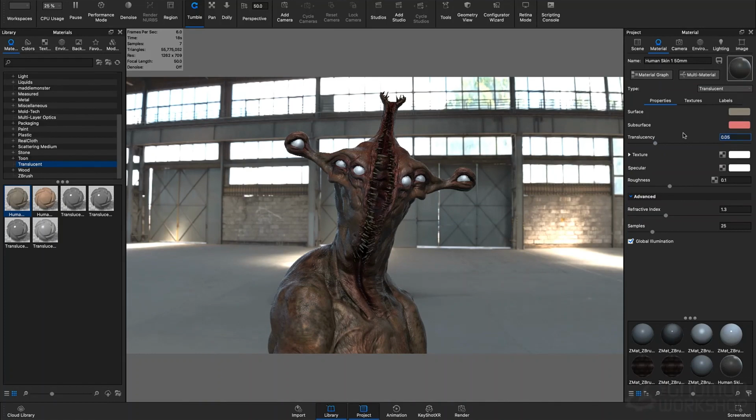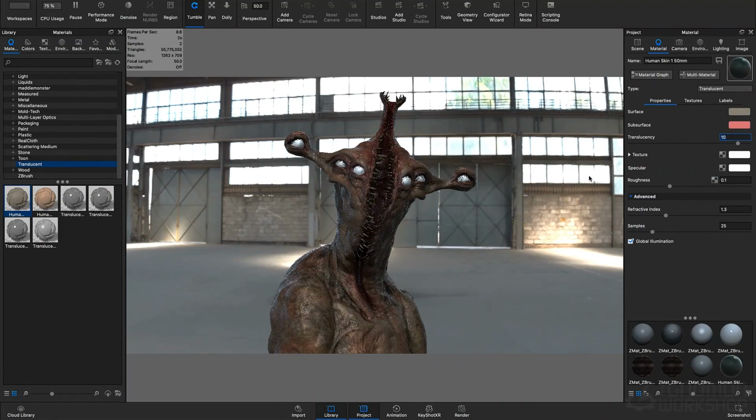So if I take the translucency, right now it's set to 0.05, and this is scale dependent. This will be different depending on your object scale, which is one reason why we might find it valuable to send over a scaled object to Keyshot rather than the ZBrush scale. If I set this very high, let's say I set this to 5, the translucency is going to change. And my CPU usage is currently set to 25%. So if I turn this up to 50%, it'll speed up the render, and it's going to give me a better look faster. So it's constantly rendering in this window as long as performance mode is turned off. I can turn this up to 75% and it'll go even faster. If I change my translucency to 10,